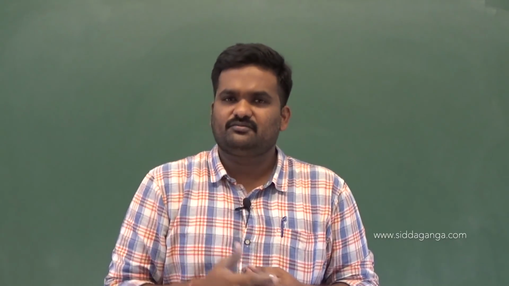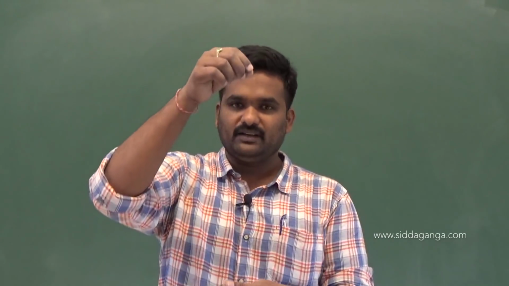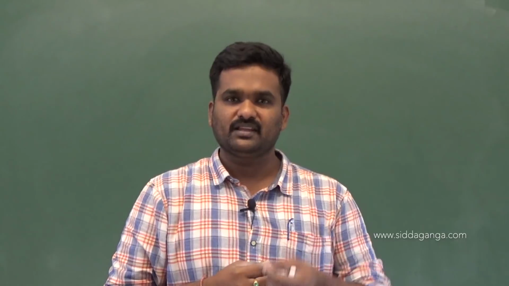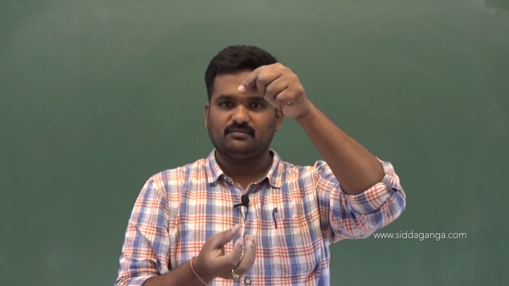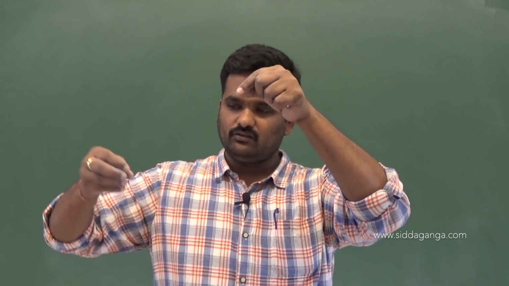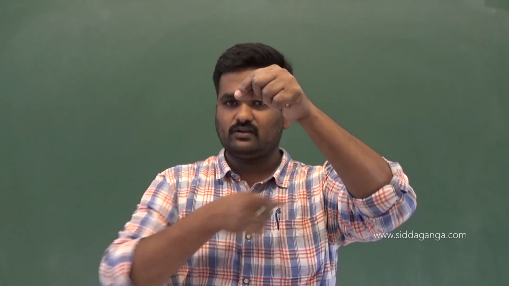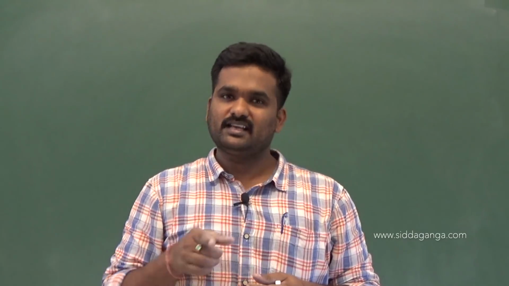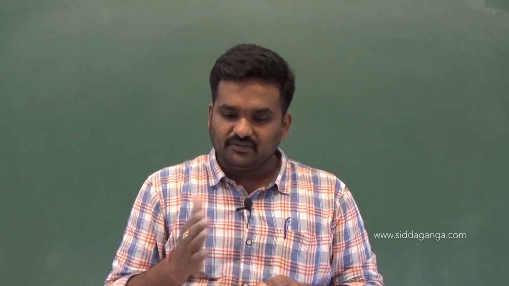Similarly, different types of motions you can see. To and fro motion, like a simple pendulum arrangement. Hope you are all aware of what you mean by a simple pendulum. A thread which is fixed at this point and a small bob of certain mass is connected here, and I displace it by a certain angle, and if I leave it, what happens? It starts to oscillate to and fro. That is to and fro motion. It is oscillatory motion. Once again, a type of motion it is. Oscillatory motion. These are all different types of motions.